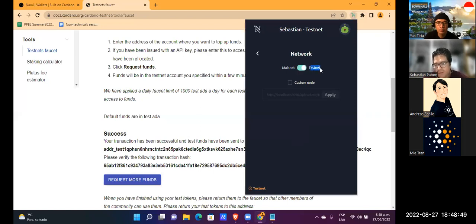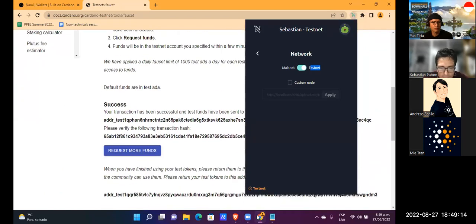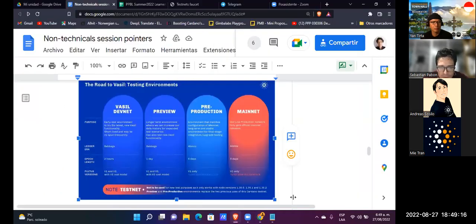In the near future, all the wallets have to update their setups to other options, mainnet and pre-production, and the other one, pre-production and preview.